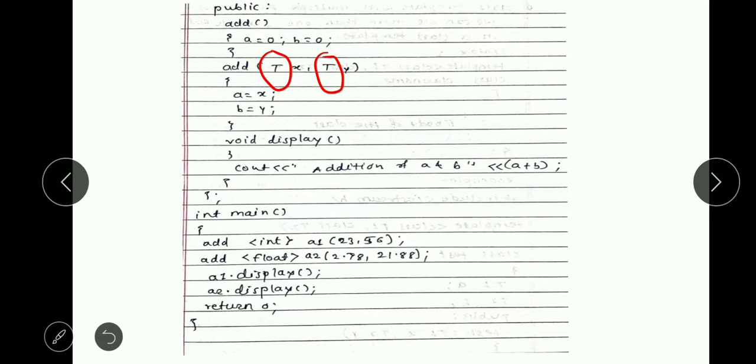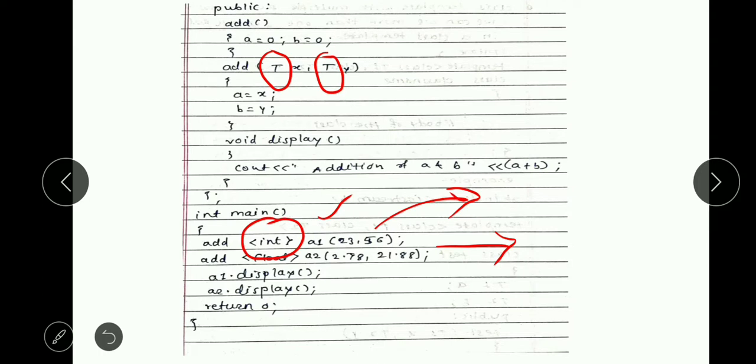Here the important task is how to create the object of a template class. The class name is add, then the data type which we want to apply to the template variable, that is integer, then the object name of that class, and the parameters: 23 is one parameter, 56 is another.